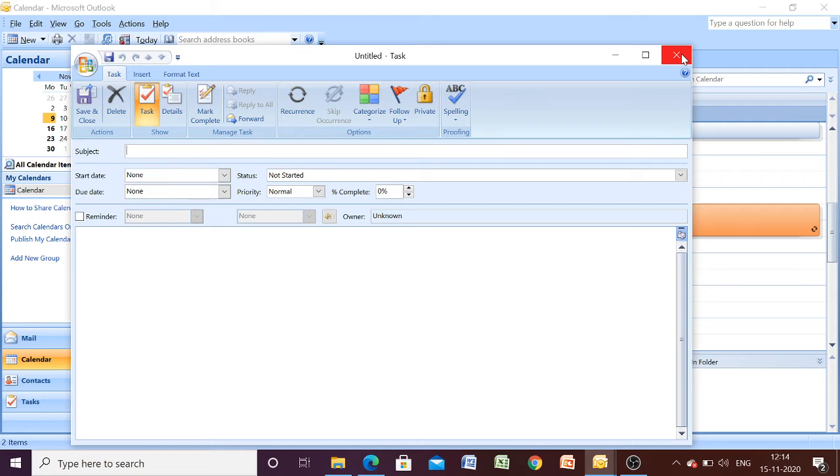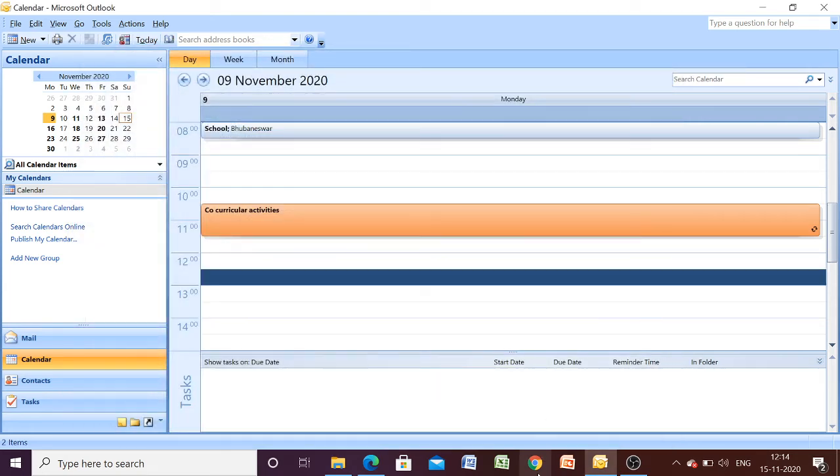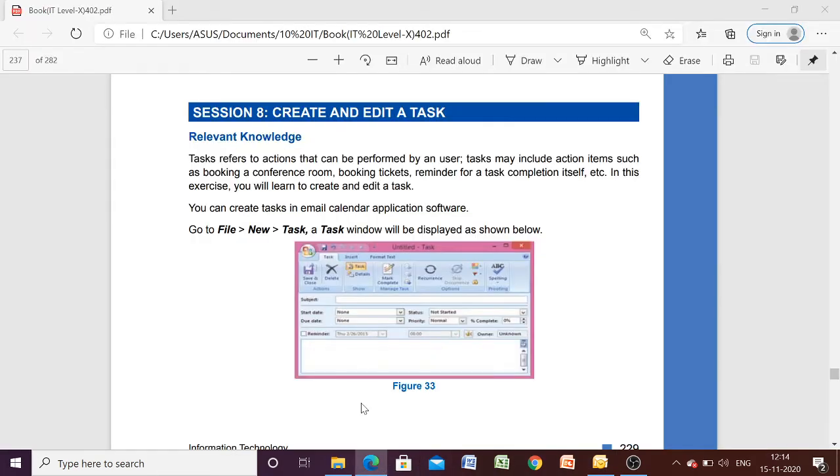You must know the difference between appointment, task and notes. The way to create appointments, tasks and notes is exactly the same. You may be asked what a task is. Then you have to answer that a task refers to an action that can be performed by a user.